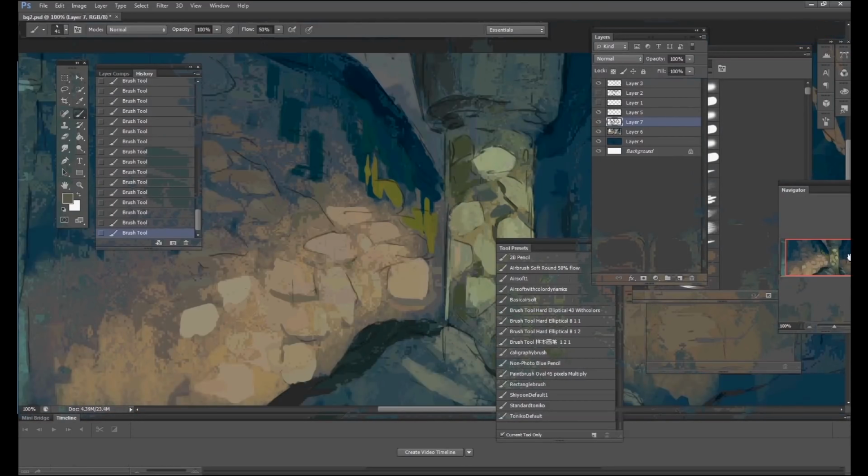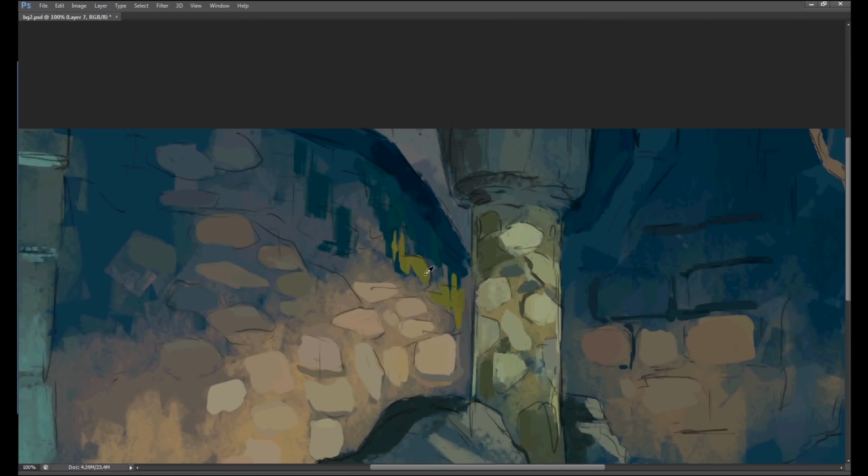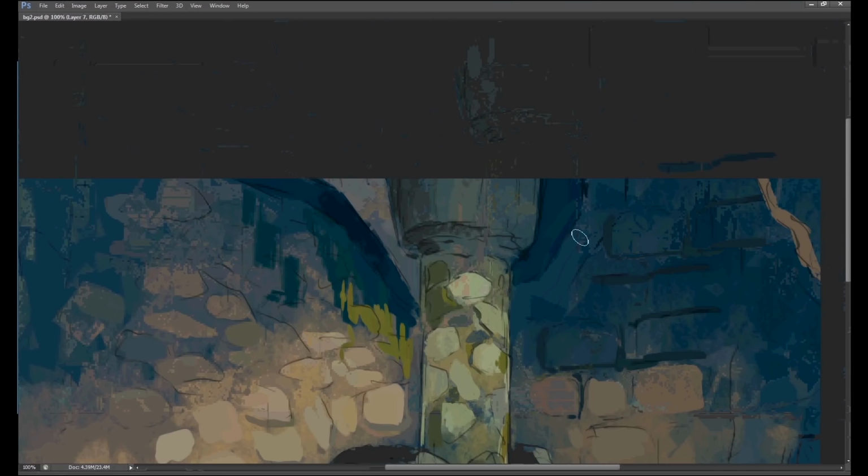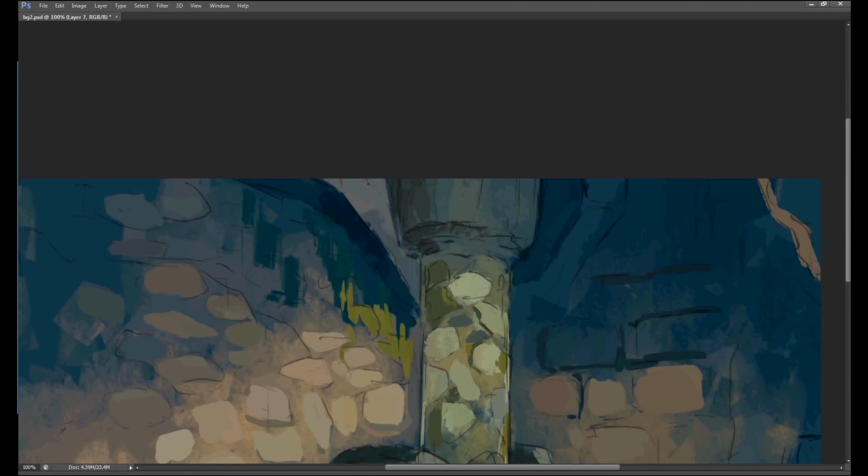This is something I do because when I paint with textured brushes, I tend to get lost and I end up modifying my picture. Using a brush without any opacity settings helps me become more decisive in my strokes. Therefore, it's easier to read. My line art layer still exists, but I turned it down so that I can focus on the colors and the shapes of my brush strokes.